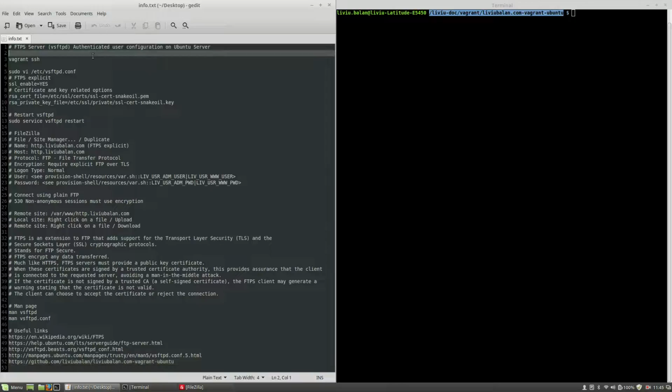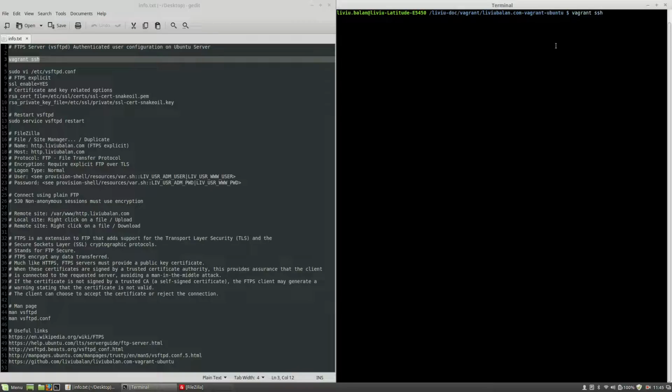Okay, now here on my local operating system, I have an up and running virtual machine, and in order to connect to it, I will use vagrant ssh. Hit the enter key,